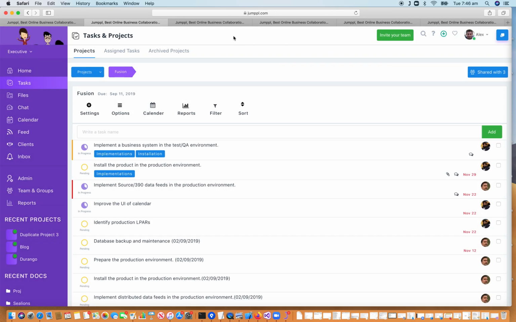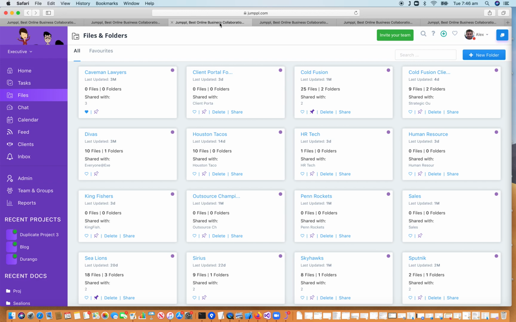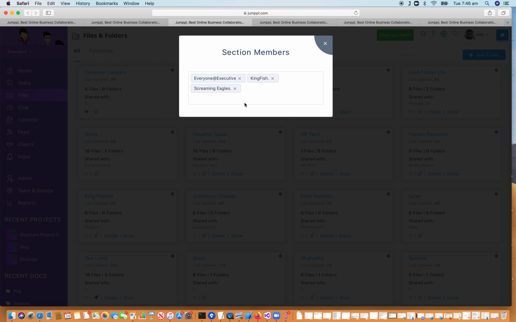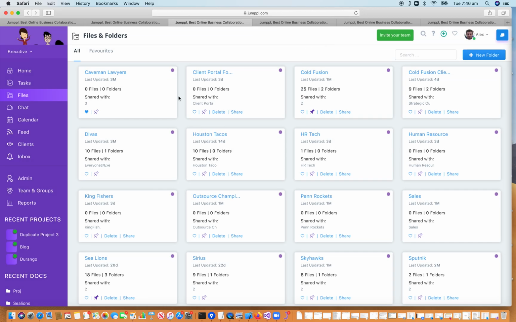So it's a very important concept. Similarly, the files module also works on the basis of groups. Every section or folder can be shared with one or more groups. For example, this one here, Cayman Lawyers, has been shared with 3 groups. So whenever all the members of these 3 groups open the files module, they'll be able to see this particular folder